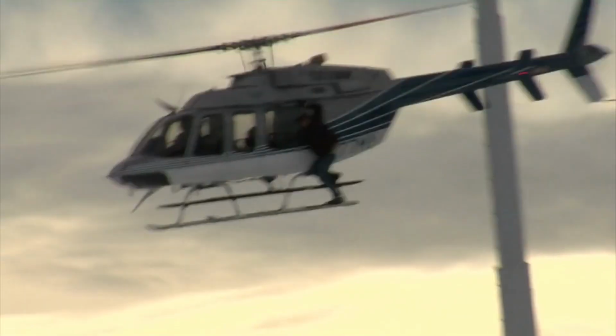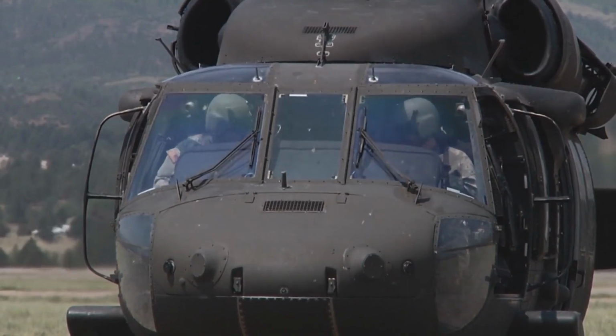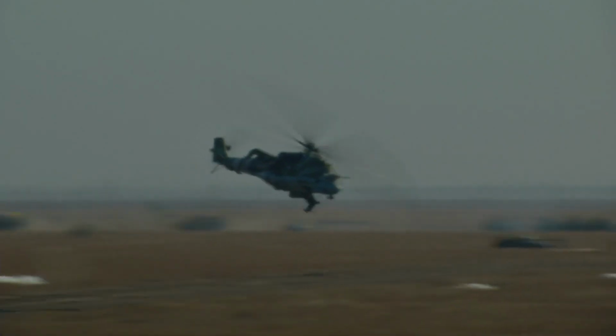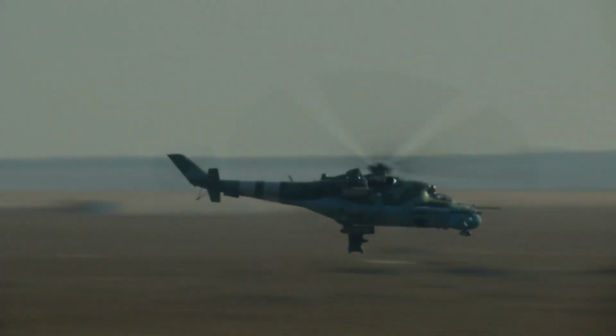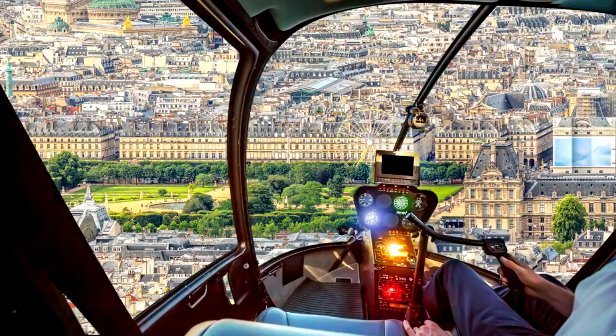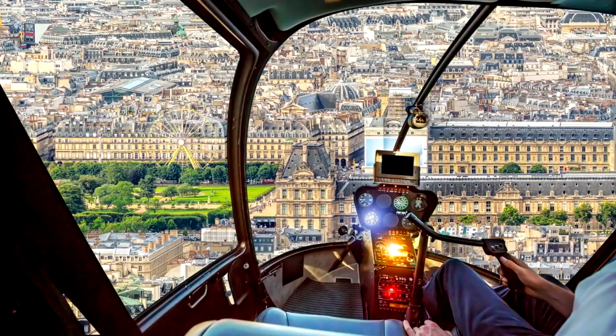For instrument-rated pilots, maintaining instrument currency and proficiency is advisable, aiding in a safe recovery from inadvertent flight into instrument meteorological conditions. Planning for visual flight rules flights should include a review of published instrument charts for safe operating altitudes. In the event of inadvertent flight into instrument meteorological conditions, the pilot may consider a climb to a safe altitude. Once stabilized, the pilot should promptly declare an emergency with air traffic control, or ATC,